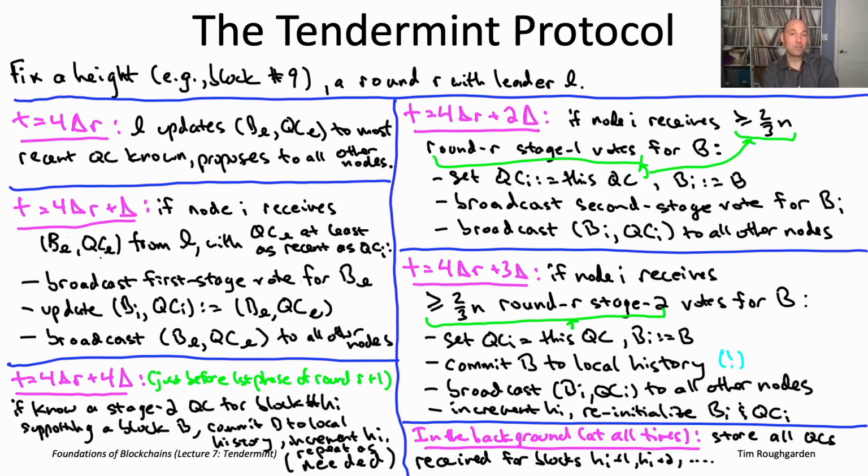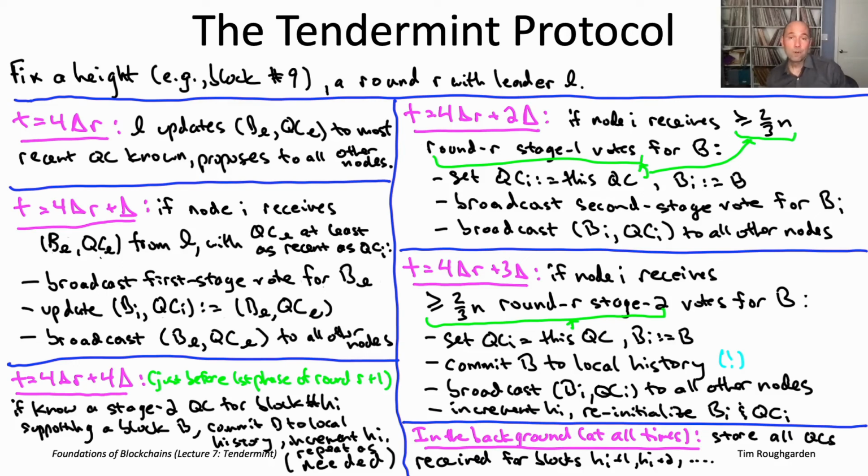Okay, it turns out, given a stage 2 quorum certificate, you can get away with just skipping now the rest of figuring out block number 9. You're like, I guess block number 9 has to be this block supported by the stage 2 quorum certificate that someone told you about. Okay, so if you just so happen to have a stage 2 quorum certificate for block number 9 supporting some block B, you commit to that at the end of this round. Then, of course, doing that, you do the sanity check again for block number 10. You're like, oh, well, maybe I have a stage 2 QC for block 10 also. I may as well commit that as well and just catch up to everybody else.